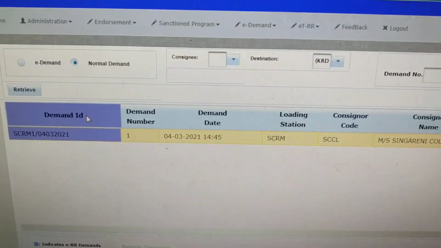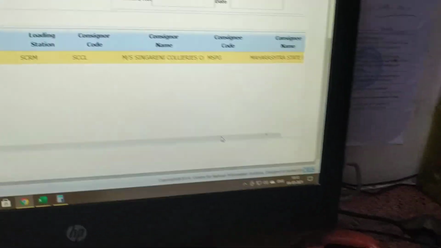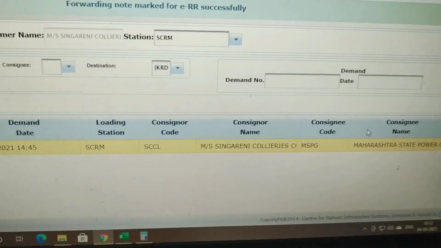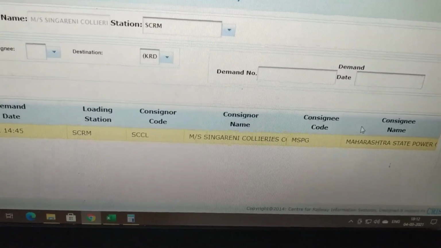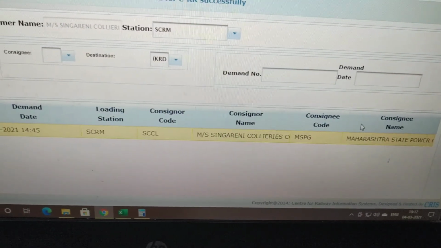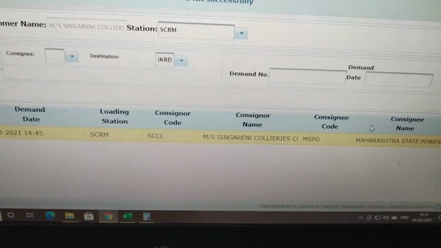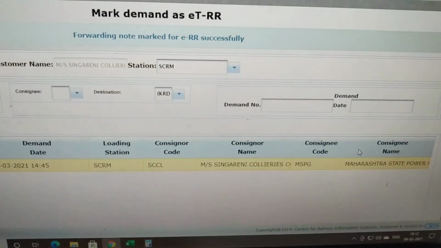If the consignee is not registered for e-demand, then instead of the message that the system showed earlier, Valid for ETRR, it will give an error that the consignee is not registered for e-demand. So it is very important that both the consignor and consignee are registered for e-demand.